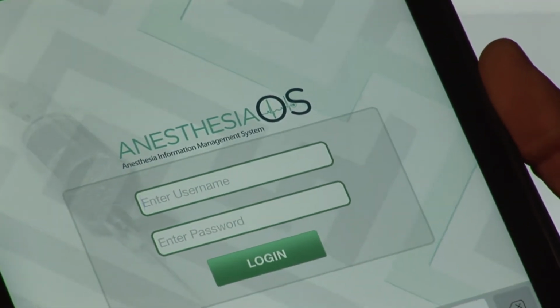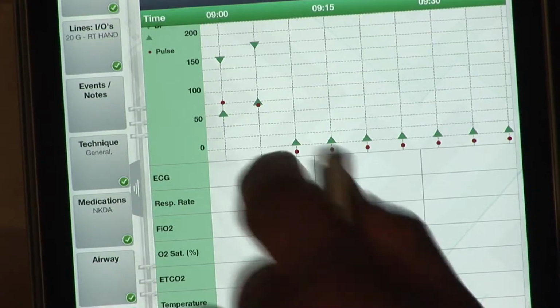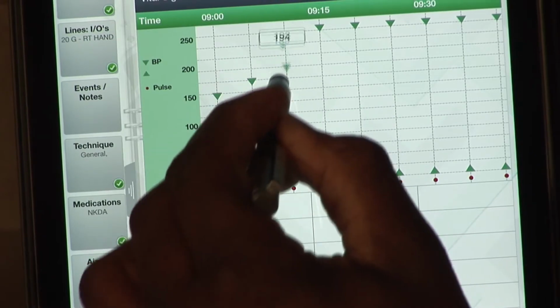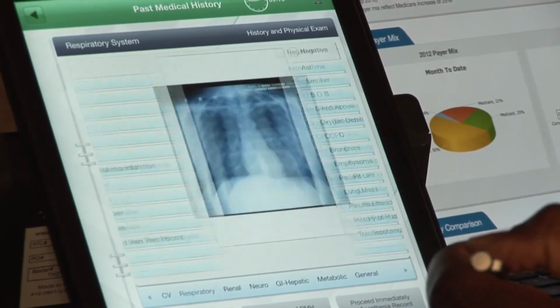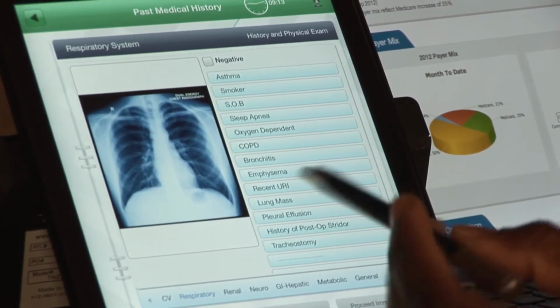It can be utilized either on an iPad, which is an iOS system, mobile device, or a Windows Surface Pro tablet, which is a Microsoft device, or via a web portal, and that's on any type of computer or laptop. EMRs for anesthesia exist within hospital systems and on larger scales, but no system was ever scalable from one doctor to over 10,000. And so we designed a system that can do that.